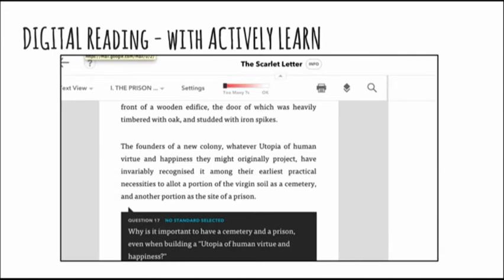I have not used this. I've played around with it, but I just learned about this from one of the middle school teachers, this program called Actively Learn, and this would be an example. I'm going to try to focus on things that I would do in the classroom. Actively Learn